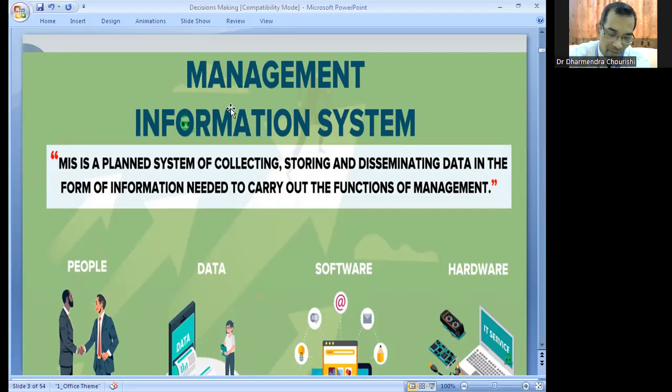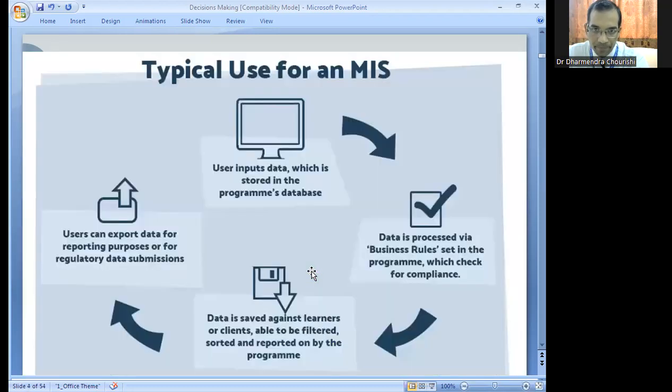As you can see here in this picture, there are 4 pillars: people, data, software, and hardware. If you want to process data, if you want to use the data, we need these 4 pillars. By people, you will have information and data which we are going to use. And by software and hardware, we are going to process and store data. So where we use this data or MIS, you can see in this cycle,